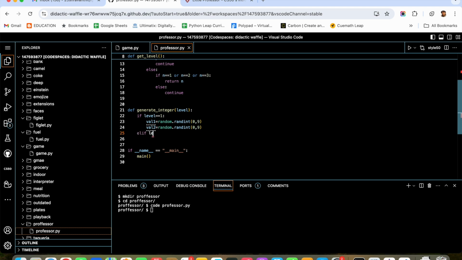Else if level equal to 2, what am I going to do? I am going to write the same. Val1, val2 we need. Val1 will be equal to a double digit number, right? So 10 to 99, and val2 will also be equal to 10 to 99. The same way,